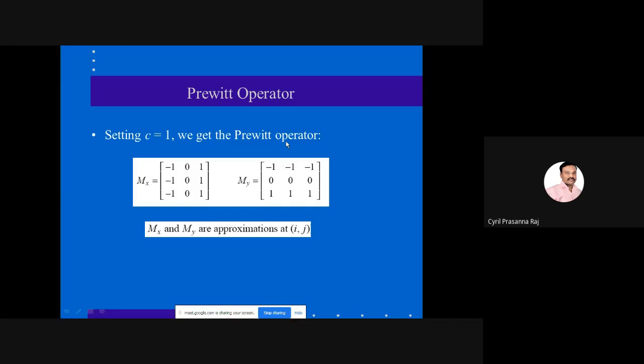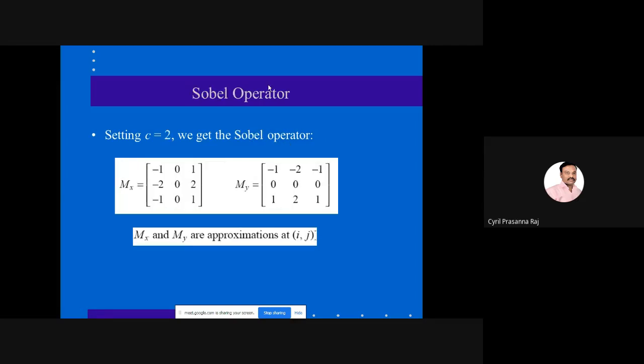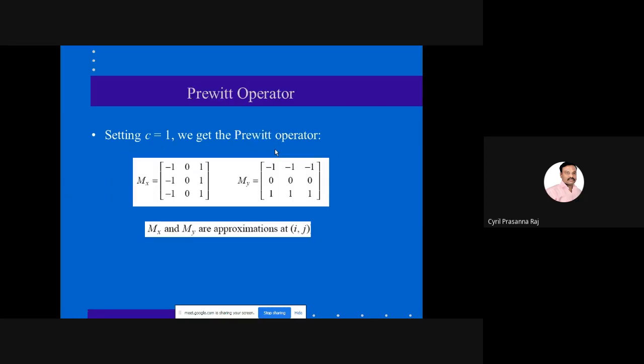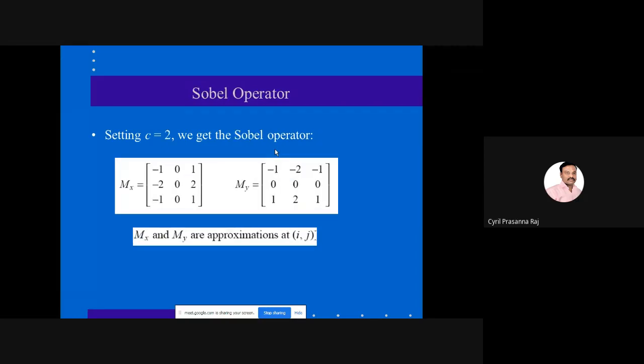Similarly, we also have an operator called Sobel. Here, the mask set is minus 1, 0, 1, minus 2, 0, 2, minus 1, 0, 1. And along the y-axis it is minus 1, minus 2, minus 1, with 0 in the middle, and 1, 2, 1. So this is the mask set according to the Sobel operator. There are two kinds of mask set available: one is called Prewitt, the other is called Sobel.